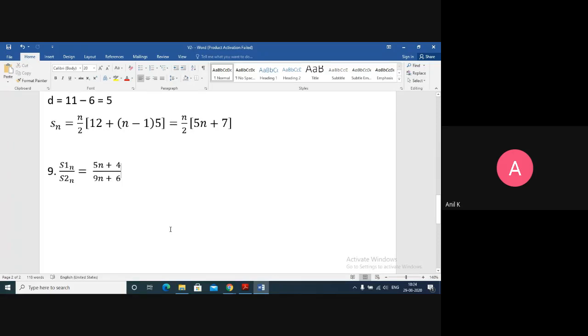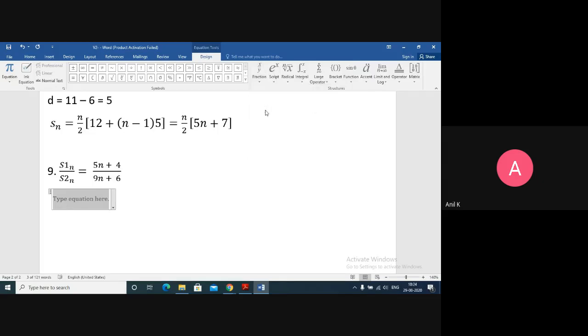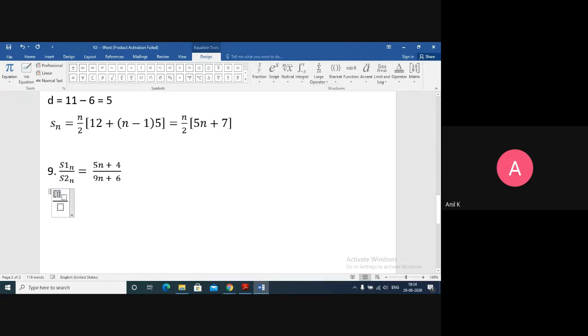Now what you have to do is find the ratio of the 18th terms of both APs. So let me insert that 18th term also. I'll insert the suffix too: a18 for the 18th term of the first AP. For the second AP, I'll take a capital letter, because I have to differentiate between the first AP's term and the second AP's term. So I cannot take the same letter.